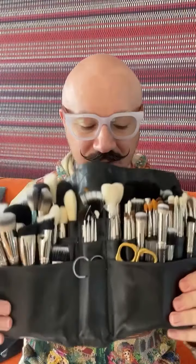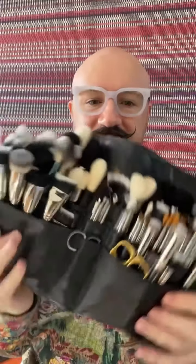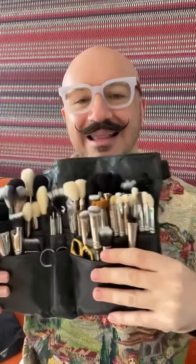So, this is my original brush belt. I divide my brushes. So at the front, I have my face brushes here, and then I have my detail brushes here. And then I group them, so I've got small blending brushes and then large blending brushes behind. I've got applicator brushes, and then slightly wider applicator brushes. Then I've got liner brushes, like the smudgy brushes and the eyeliner brushes, and then the really fine brushes that I keep in the plastic,